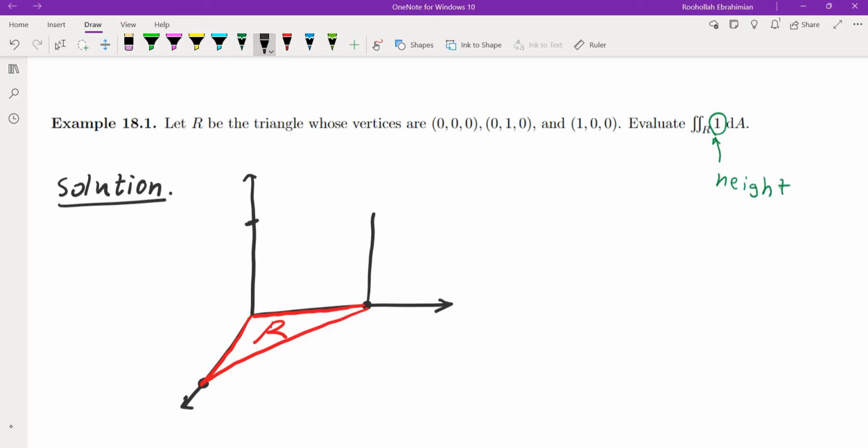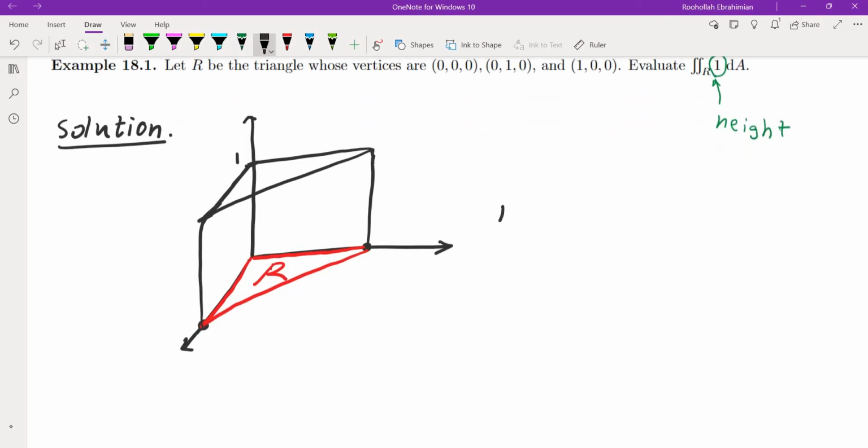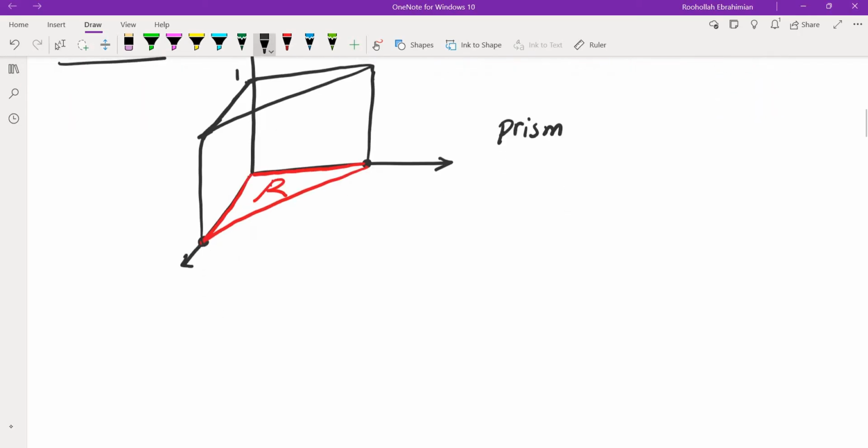So what is the region that we get? The solid that we get has a triangular base, which is the triangle that I have down here. It's a red triangle, and the height is 1. So what is this? This is a prism. So this volume